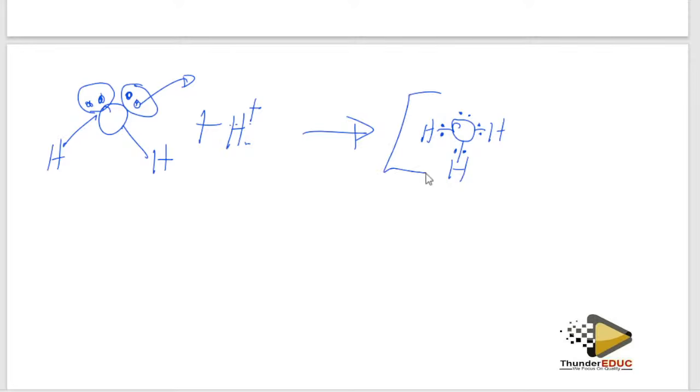So what is it going to become? It's going to become positively charged because it has given out one electron to this. You understand? So it has become positively charged. How do we call this? We call it hydronium ion, or sometimes we can call it acidic water. Hydronium ion.